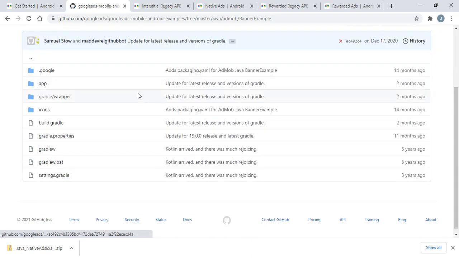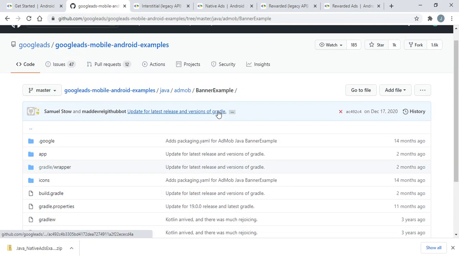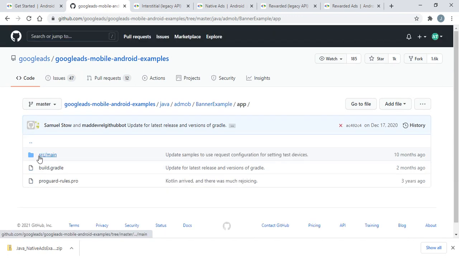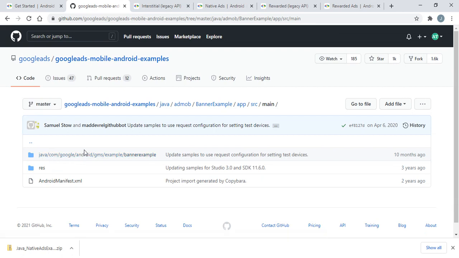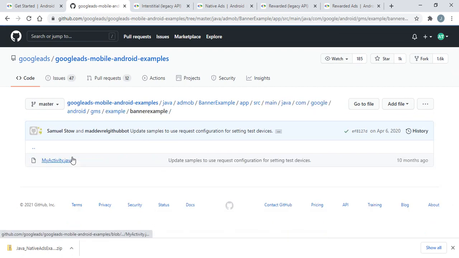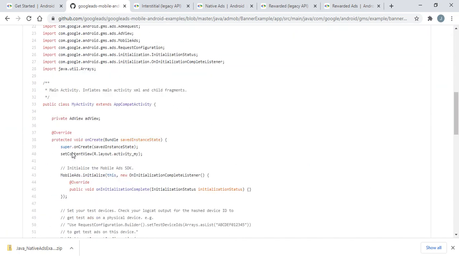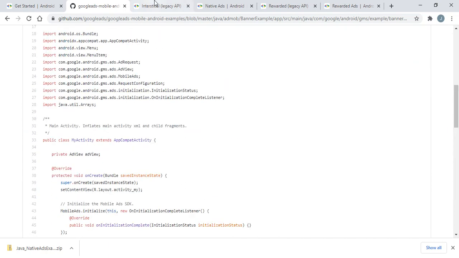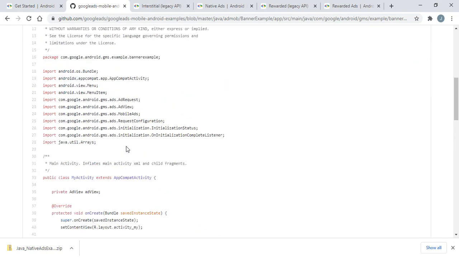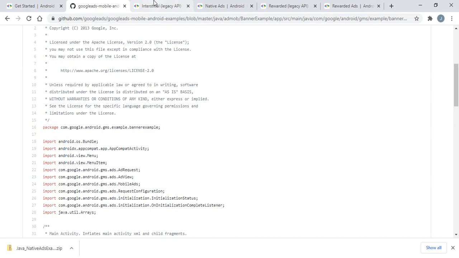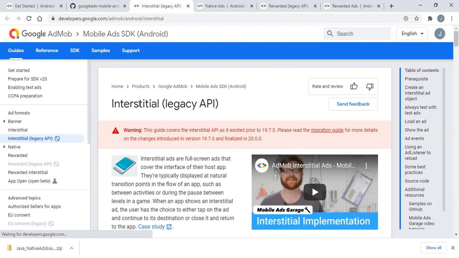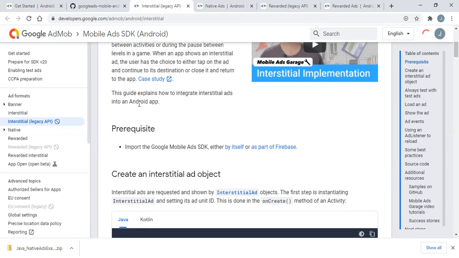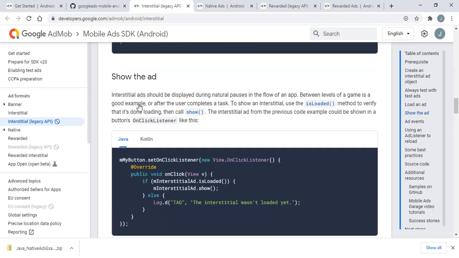So it will load to a banner example, and here you will find app, source, main, example, MainActivity, and here you will find all the implementation for banner ad. And if you want to add the interstitial ad, then I'm just showing you how to get all this source code. So move down at last,